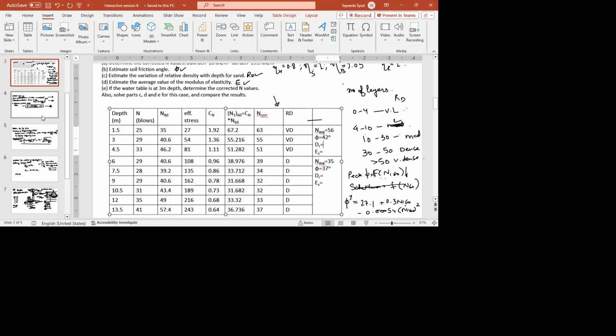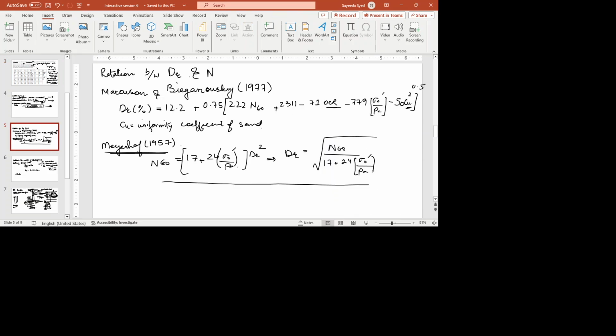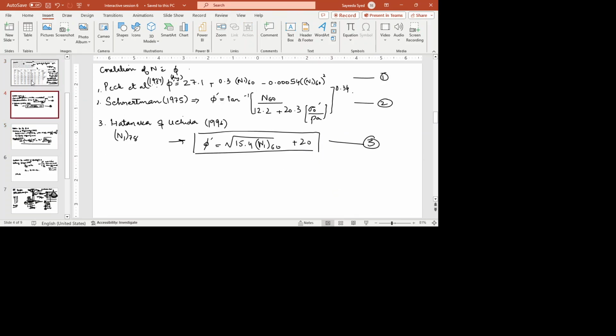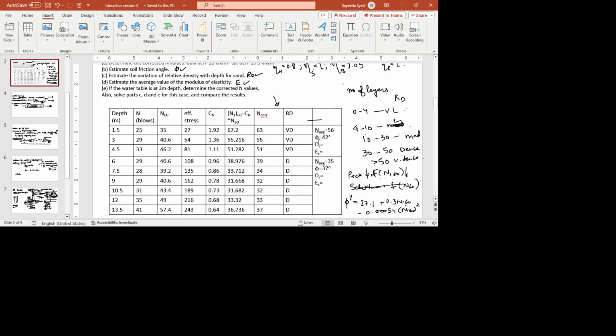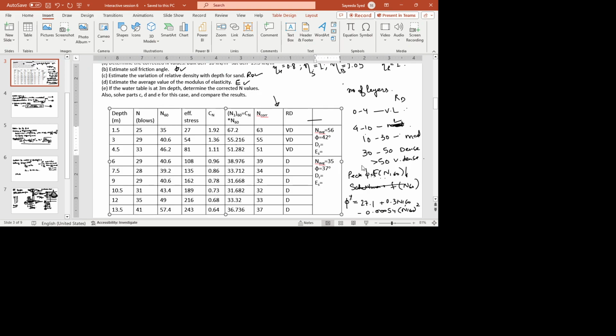For N is 56, but N60 is, what is N60? We also need, this is the N1 corrected average. N60 average will be, so for an average N60 value,